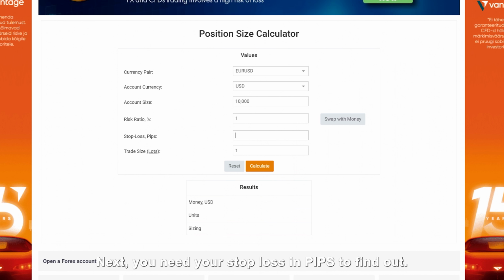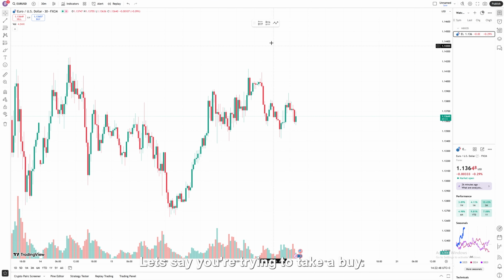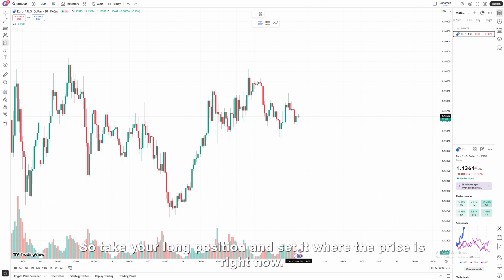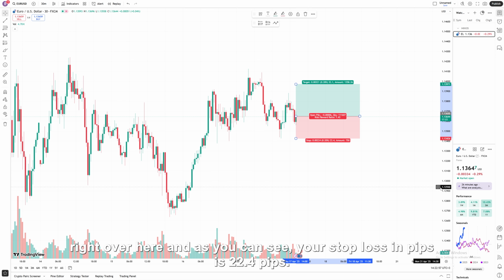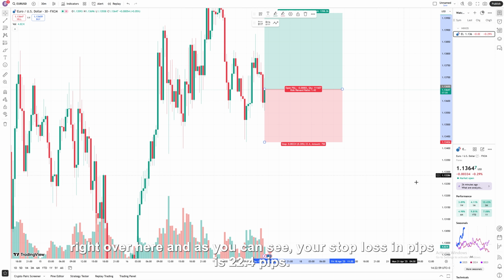Next, you need your stop loss in pips. To find out, just go on your TradingView charts. Say you're trying to take a buy. So take your long position and set it where the price is right now. Now you set your stop loss, let's say just at this liquidity right over here. And as you can see, your stop loss in pips is